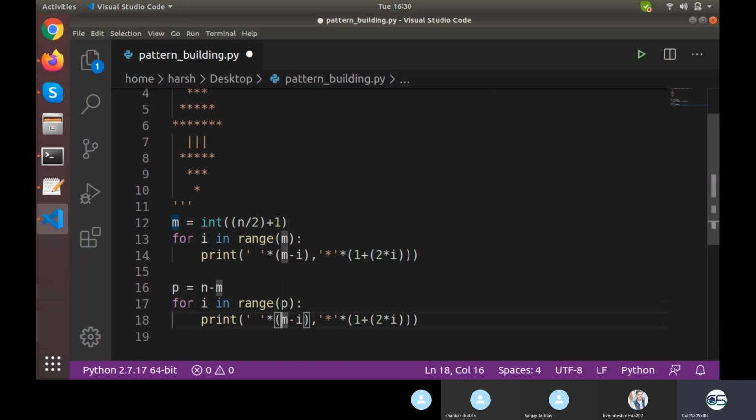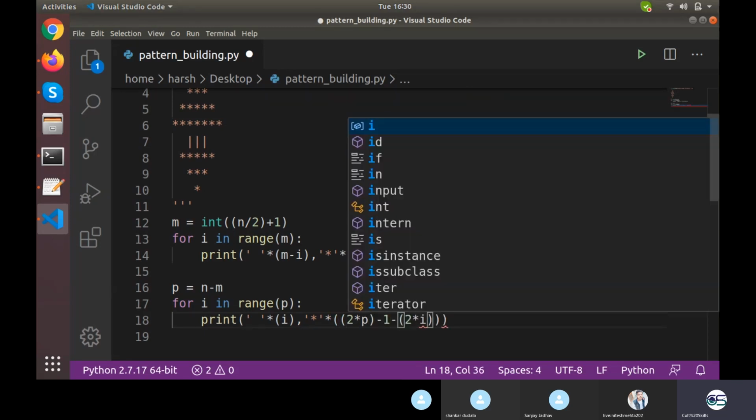Run this for p times. What was the spacing? The spacing was exactly I. The stars were 2 multiply p in this case, minus 1 minus 2 multiply I.